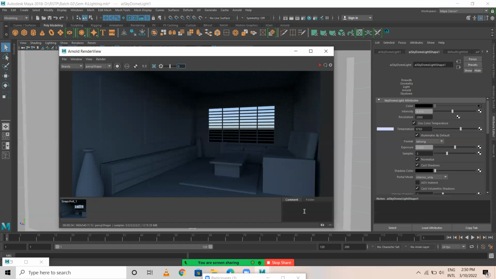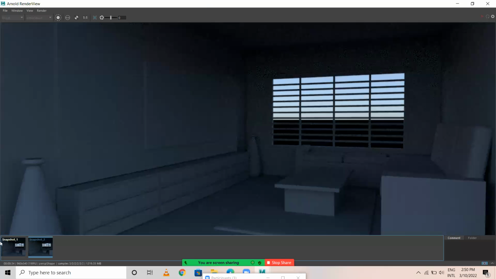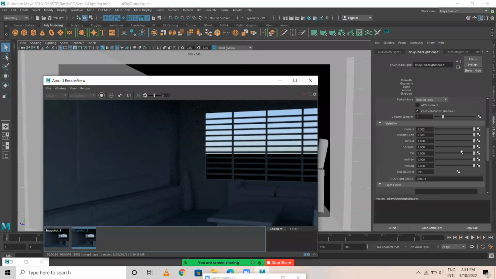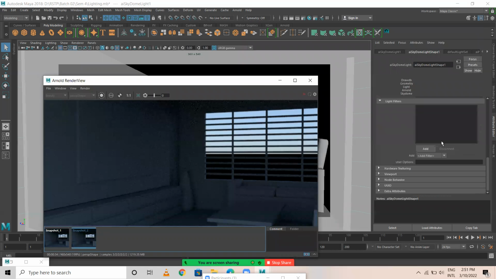Okay. So I'll take a snapshot of this also. Now let's say this is the first snapshot which I have taken. See how does it look? This is a second snapshot. It is a bit smoother compared to the first. It is smoother. Okay. So this is what it looks like in Arnold, just with one particular light.